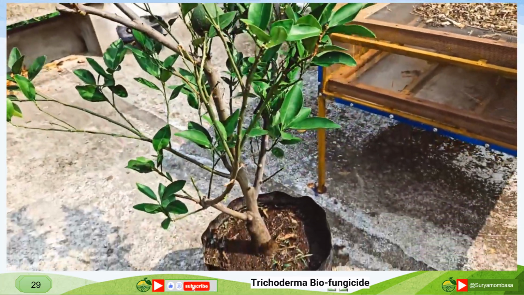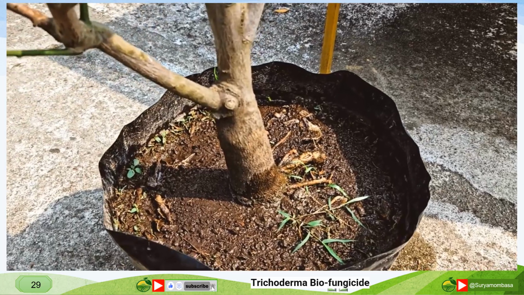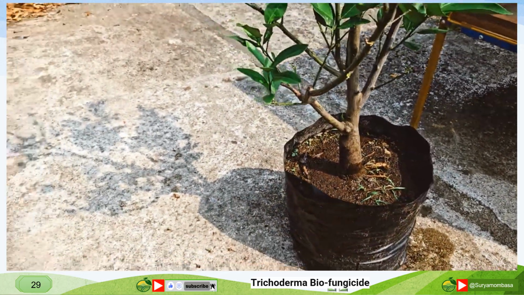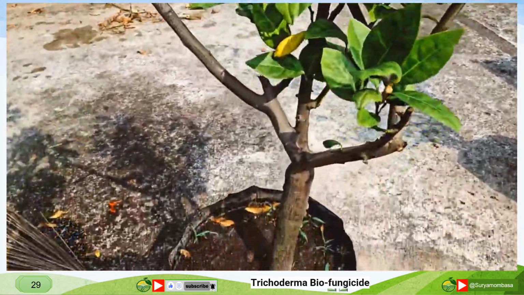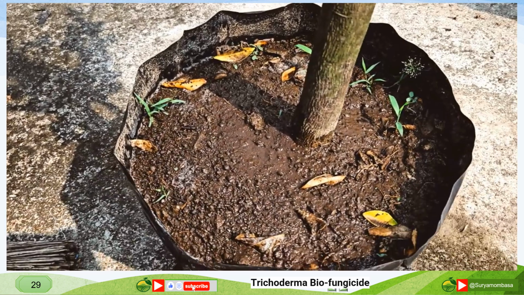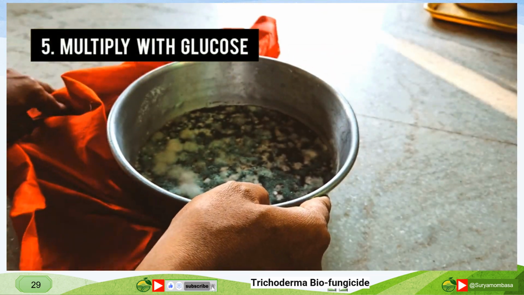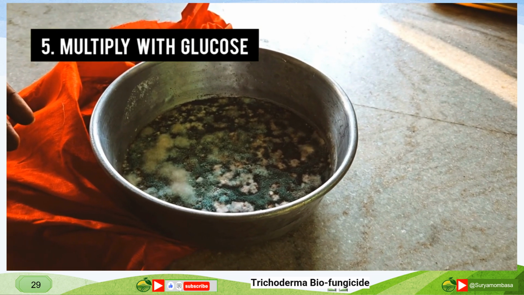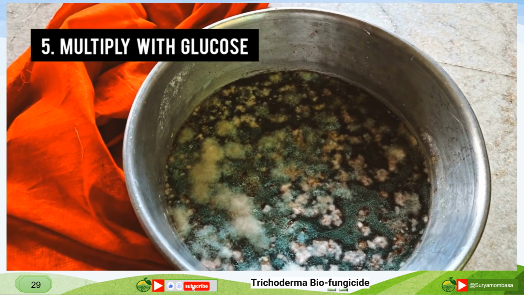Keep in mind that our objective is to cultivate a substantial population of these fungi. The greater the presence of beneficial fungi in the soil, the more effectively it will counteract the growth of harmful fungi. And that brings our final and 5th method of using Trichoderma. And this is also my favorite one. This is a very efficient method that allows rapid population within just 4 to 5 days. By utilizing a small quantity of Trichoderma, you can generate millions of them using this technique. And this is also more economically efficient.